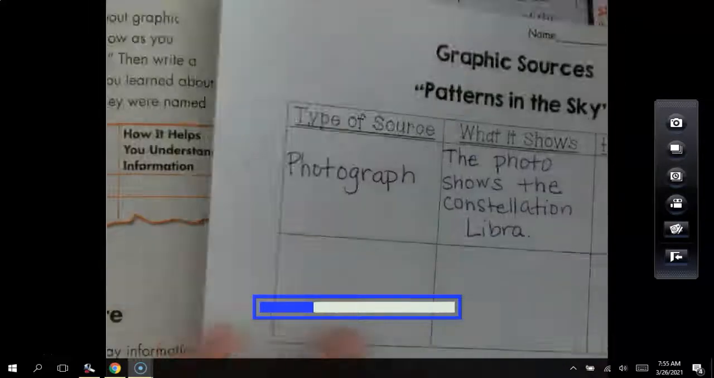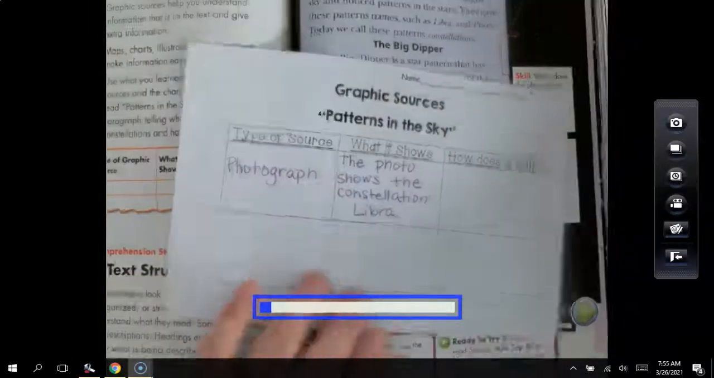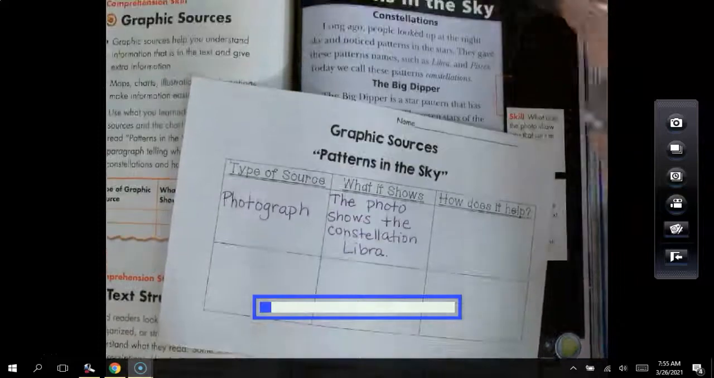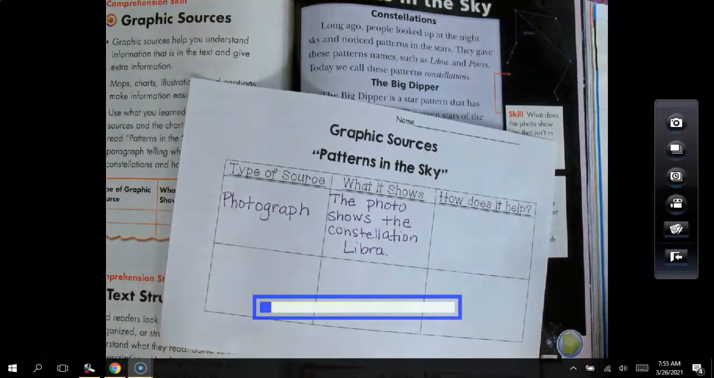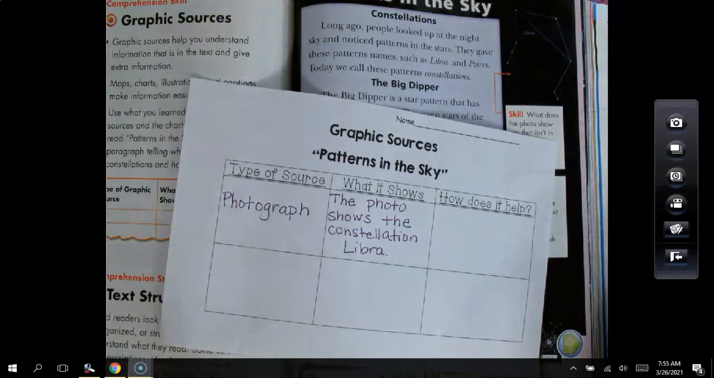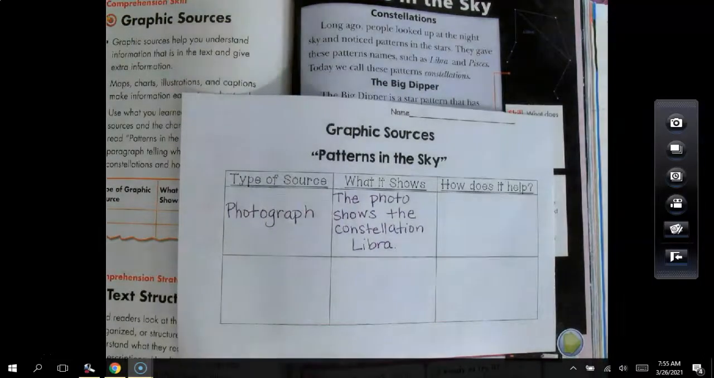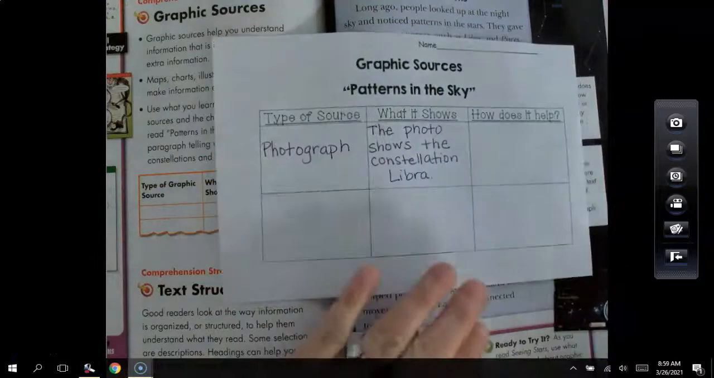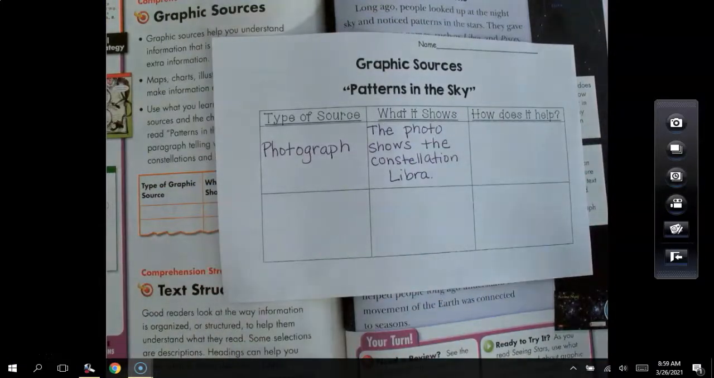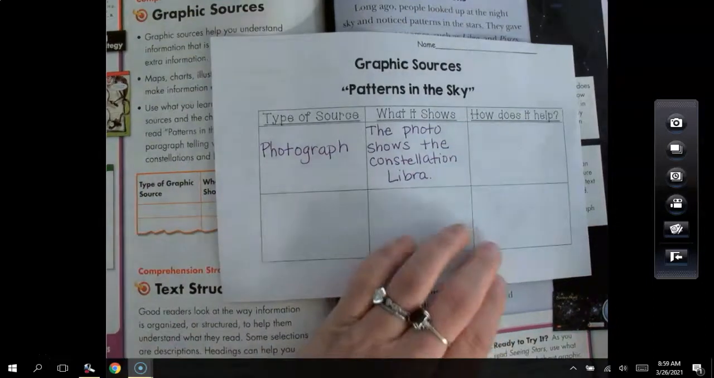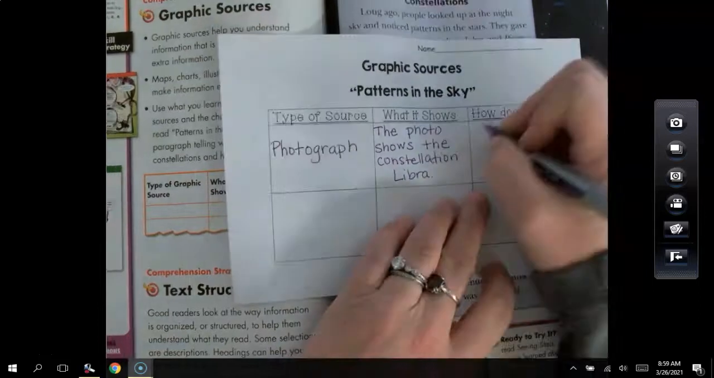Okay, so how does it help us? How did that graphic source, that photograph, help us? What do you think, boys and girls? How did this graphic source, this photograph, help us? Boys and girls, did it help you understand what a constellation is? Did it help you understand what a constellation could possibly look like? Absolutely. So it helps